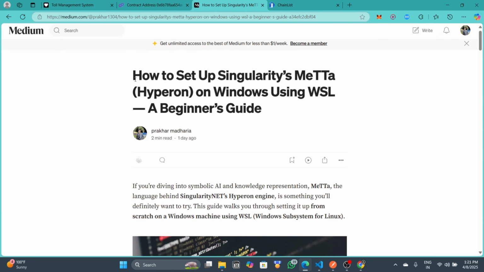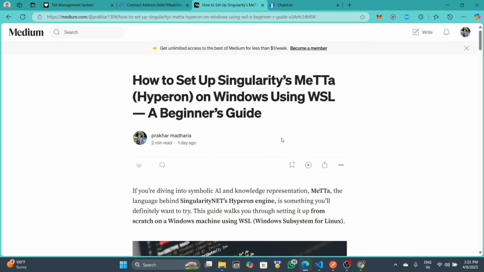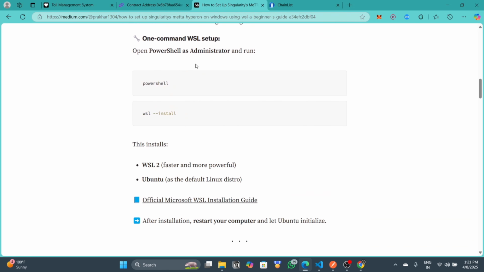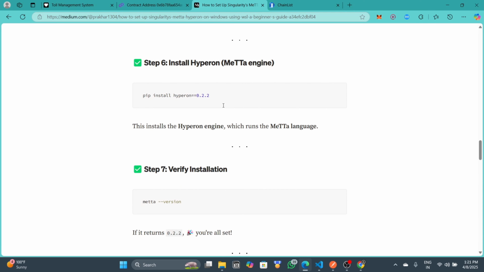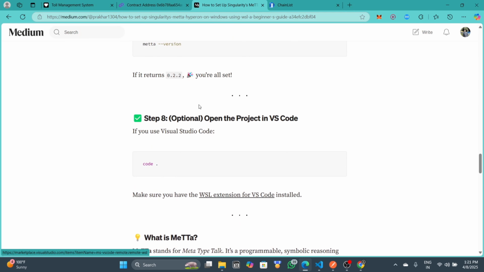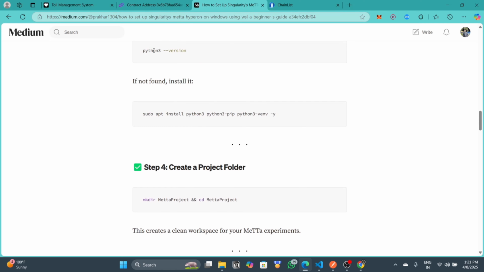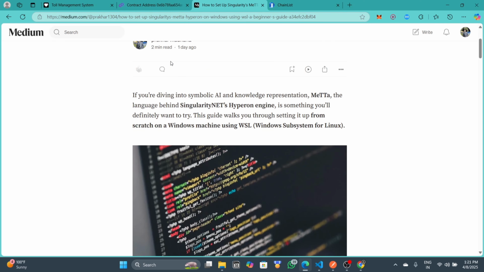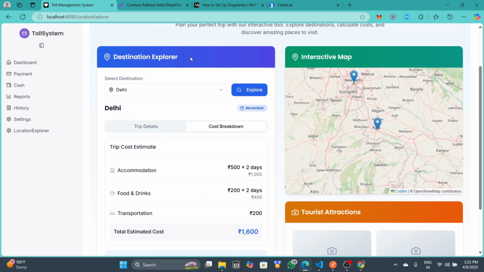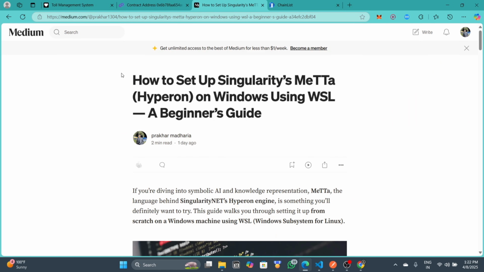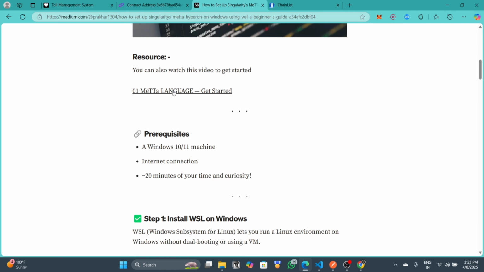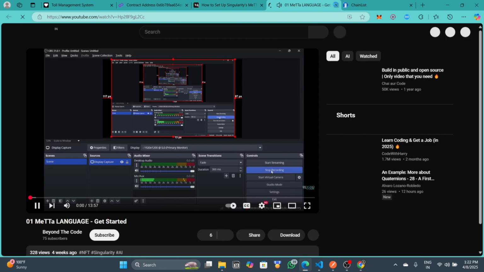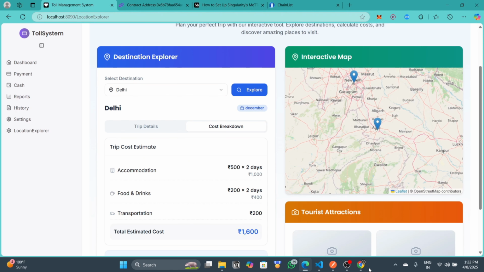One more thing, I've also written a Medium post for beginners on how to start with Meta, from the setup of WSL in Windows to how to actually do the setup. And I'm planning to write more on it, on how to use Meta in Python, actually write the code and query the details. You can add this in the description of the YouTube video. I've also provided the link for that YouTube video here. So this much is my project. I hope you like it.